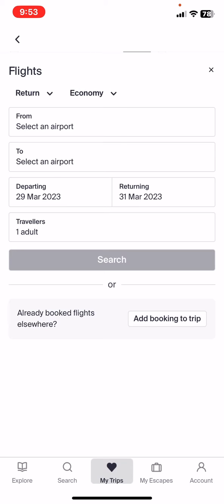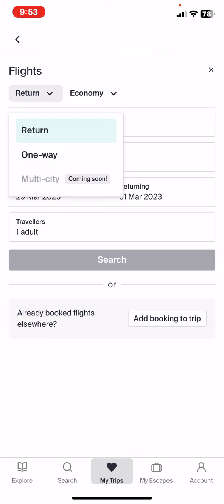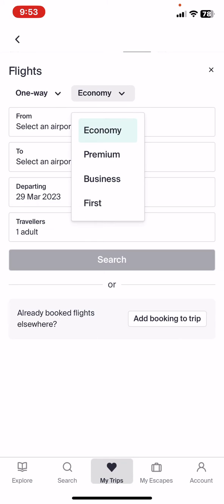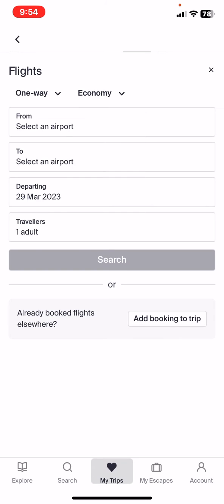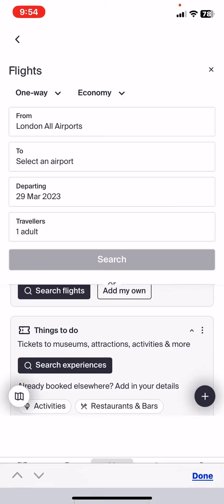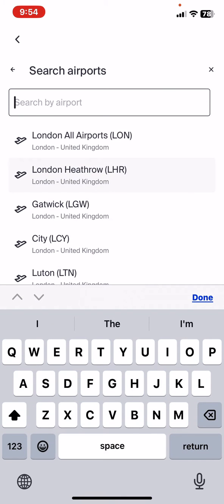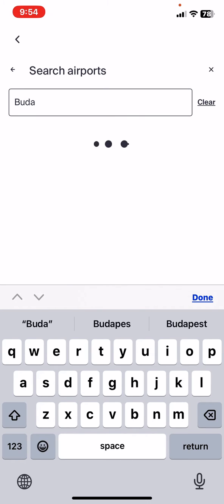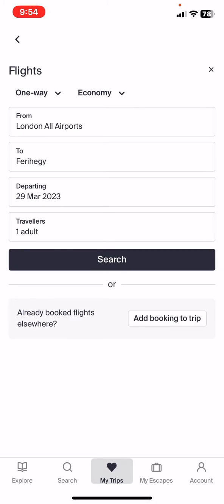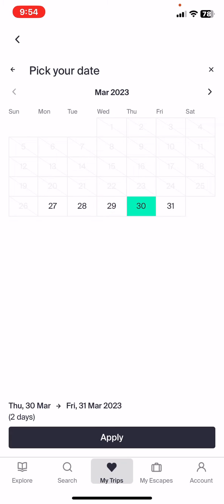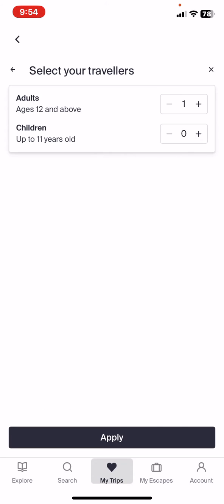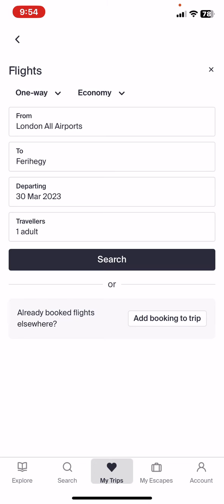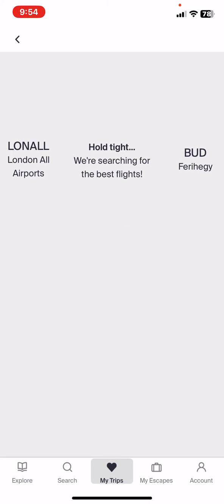So here you have to first select if it's a return or a one-way trip. And then you have to set the class, so economy, premium, business or first. And then you have to select an airport. And then you have to select a destination. And then you have to set the date of the departure. And then the passengers as well, and then just click on the search button